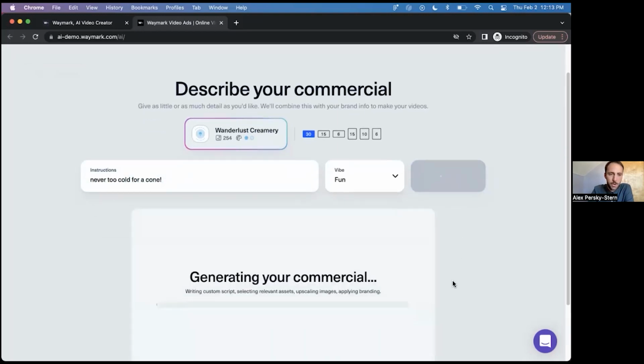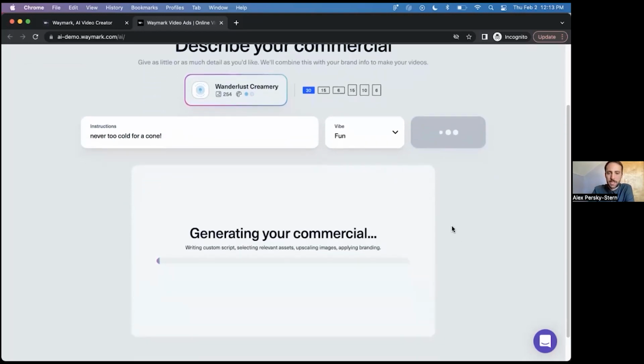When I click generate here, we're taking all of that information that we pulled, that profile we've generated for the business, incorporating your instructions and the vibe, and using that to write that custom text script, select images from your online presence that should match the text on screen, and apply your branding, so your logo, the colors, contact info, all that kind of stuff.